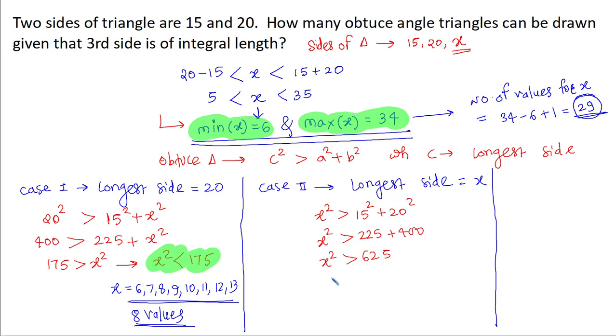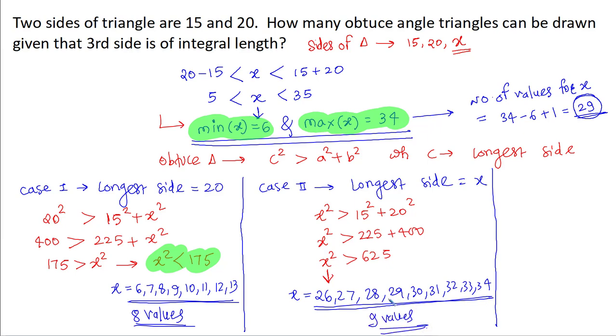Okay everyone, so which values of x satisfy this? Let's have a look. The value of x has to be 26 or more. It cannot be 25. It can be 26, 27, 28, 29, 30, 31, 32, 33, 34. Let me write this down. These are the values x can take here. How many different values? 4 and 4, 8 and 9. A total of 9 values x can take here.